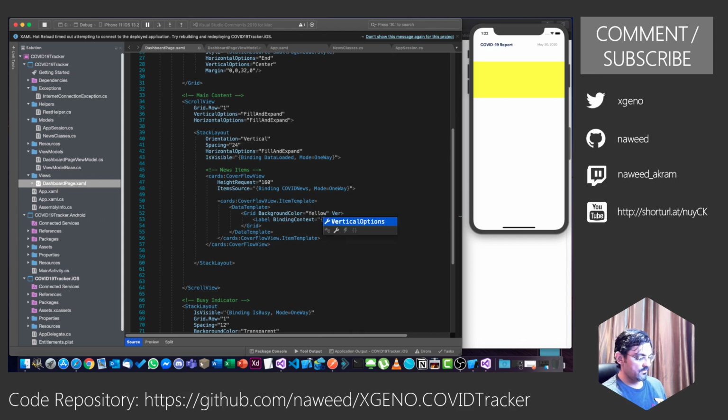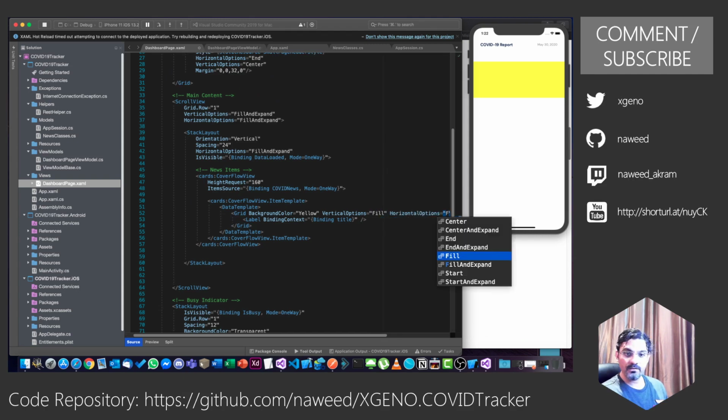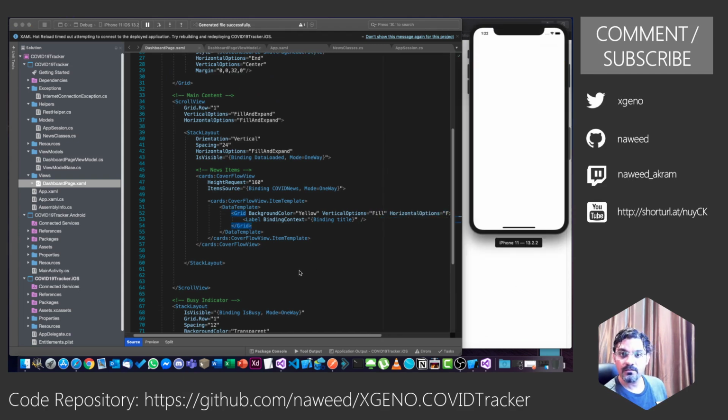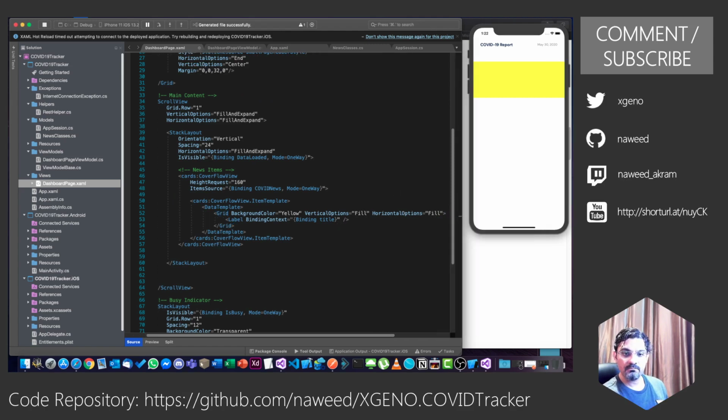Let's set vertical options to fill and horizontal options to fill. Binding title. Did I make a mistake? Text color is black.